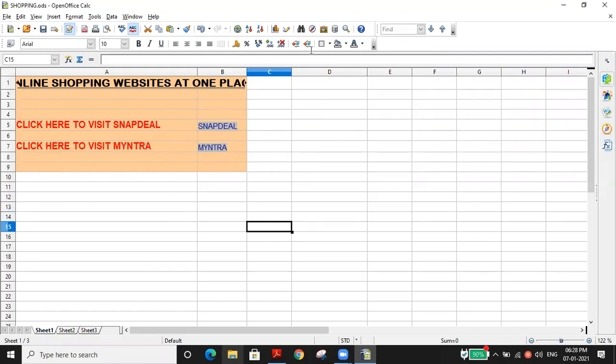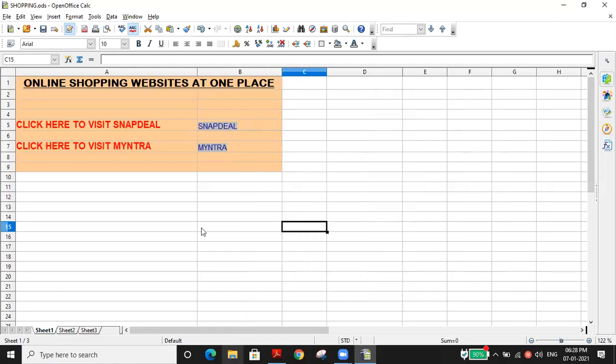This is the way to create a hyperlink. This is one of your projects. I'm just making it a little bit bigger, so we can easily create a page. Likewise, any number of sites, for example the CBSE result site. Suppose you are visiting some educational content site. Later you may forget which site you downloaded the question paper or this material from. If you saved it like this, it will be very easy.